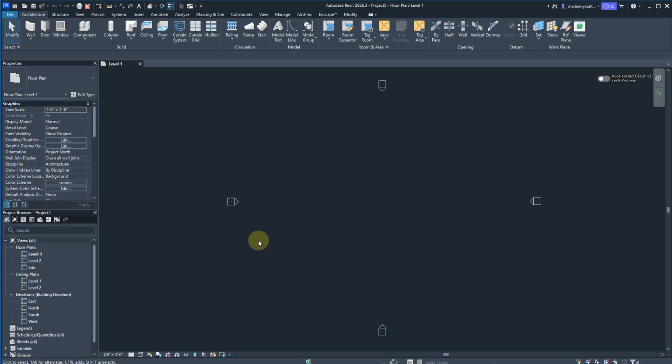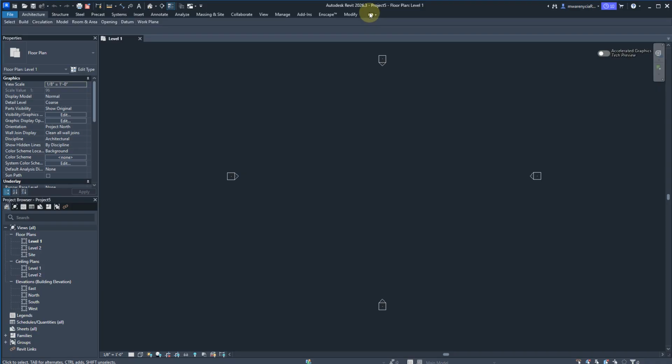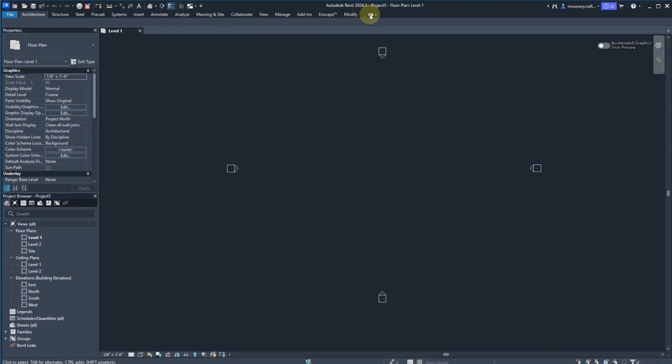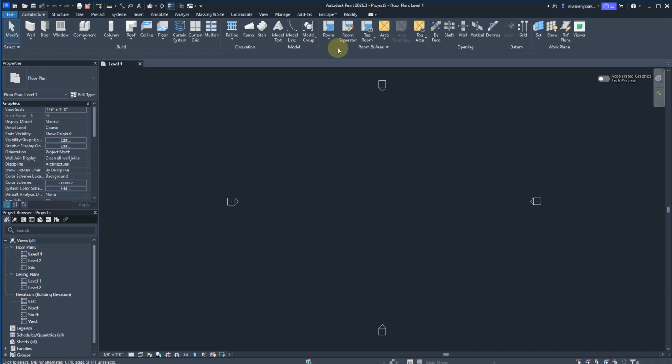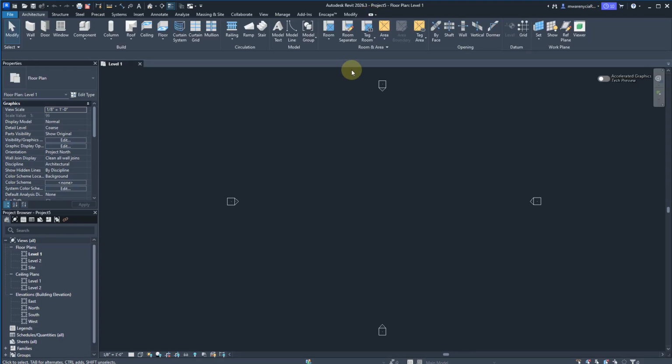Real quick, a couple issues that we've had in the past. I don't know what does it, but sometimes your menu turns to looking like this. I don't know if people are accidentally clicking on this arrow or there's a shortcut key somewhere. But if your menu looks like that, or like that, or like that, you can click this little arrow right here and it will cycle through those different options. And eventually you'll get back to where you want to be right there